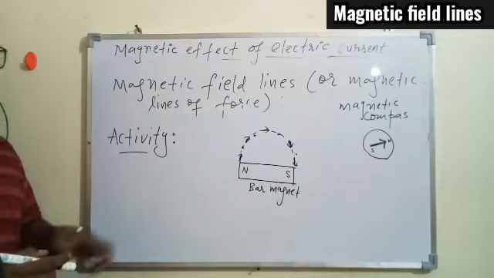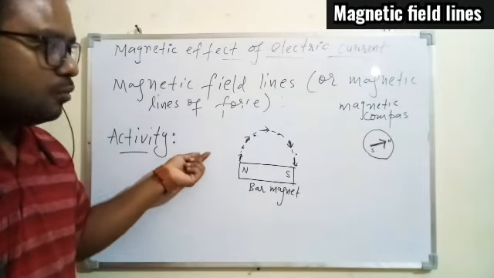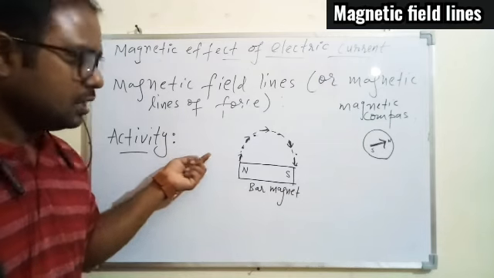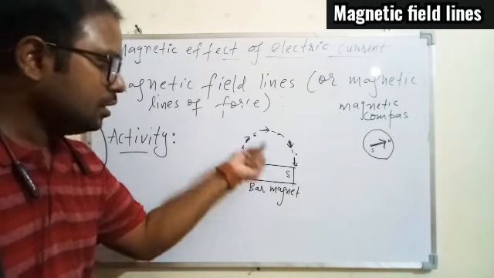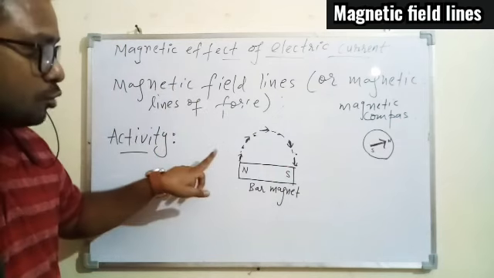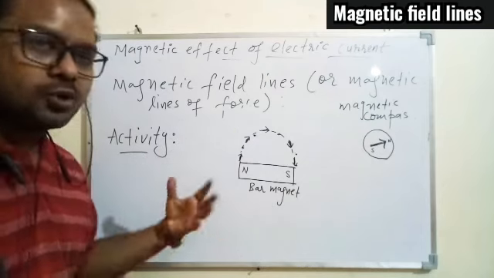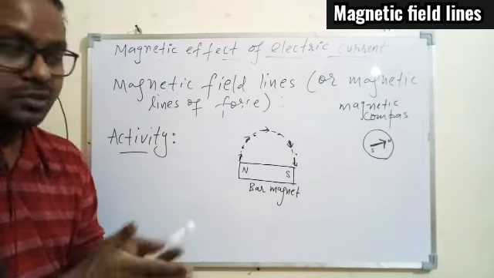So with the help of this we are able to get at any point the direction of magnetic force. So overall whatever we have drawn is nothing but one of the magnetic field lines that is showing you the direction of magnetic force at any point, and this will also show you how much is the strength of the magnetic force, that we'll see.